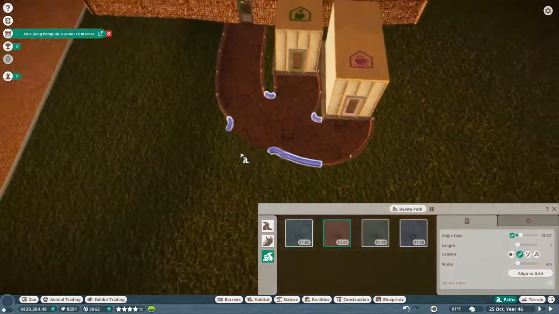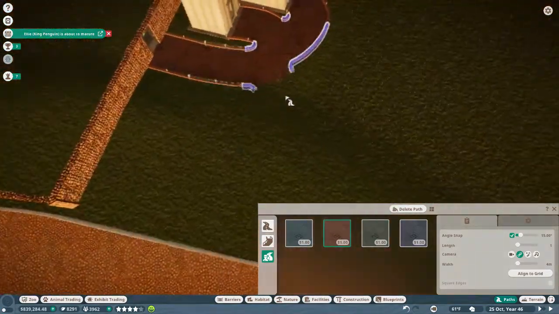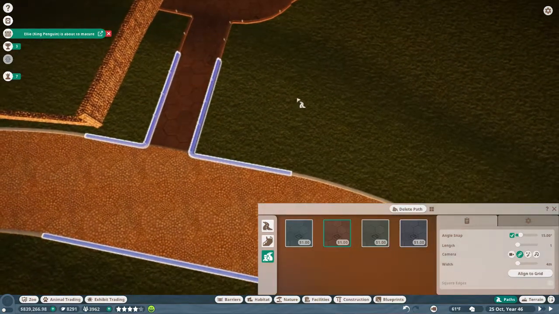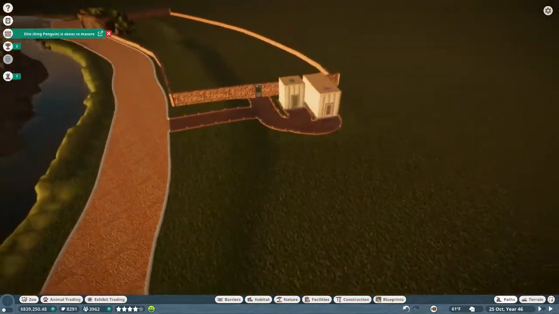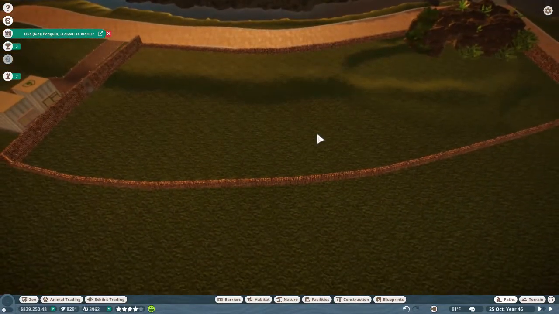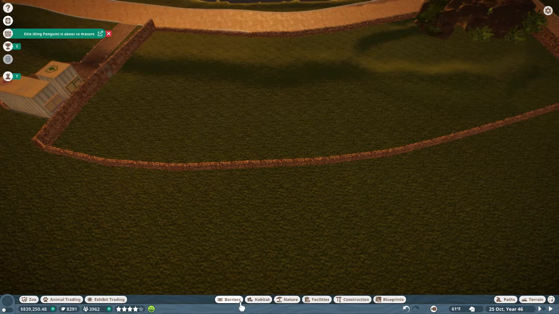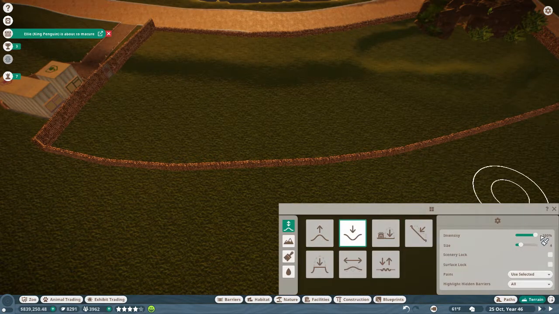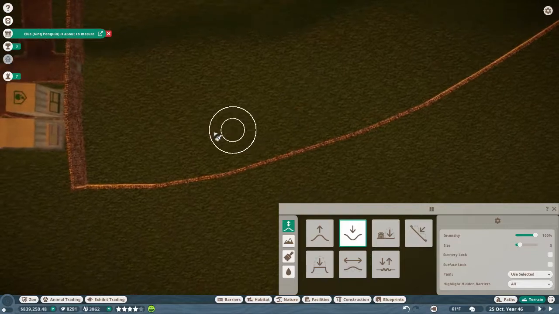There. It looks awkward, but it's functional, so everybody's happy. All right. Excuse me. All right, let us do this. Okay, I'm gonna